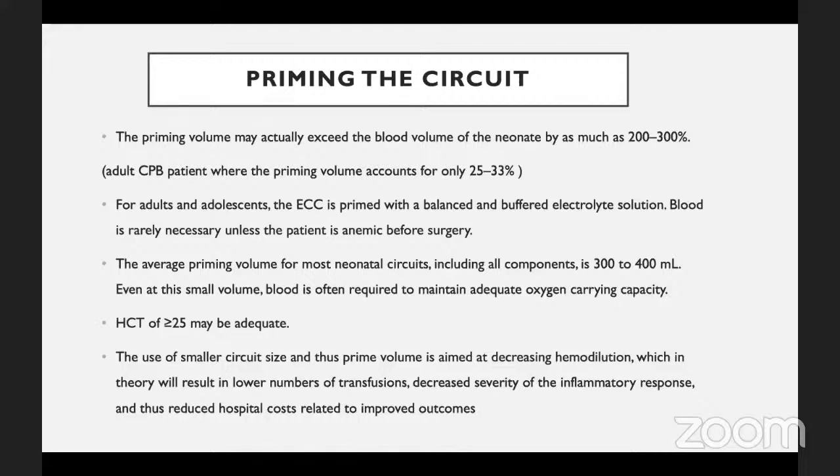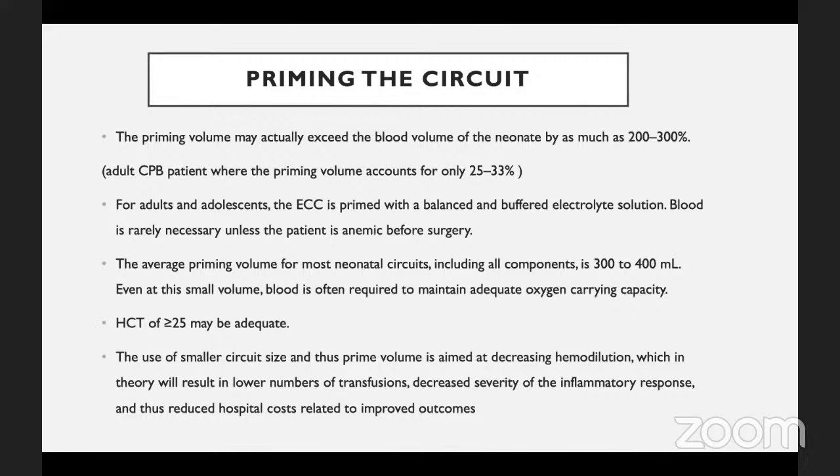We don't use whole blood, but there are centers that insist on using whole blood because fresh blood, within 72 hours of collection, provides more factors, the RBCs have not become really old, and their 2,3-diphosphoglycerate concentration is higher, so they have a higher oxygen carrying capacity. So we prefer, when available, to use fresh whole blood, but if we don't have it, we are okay with